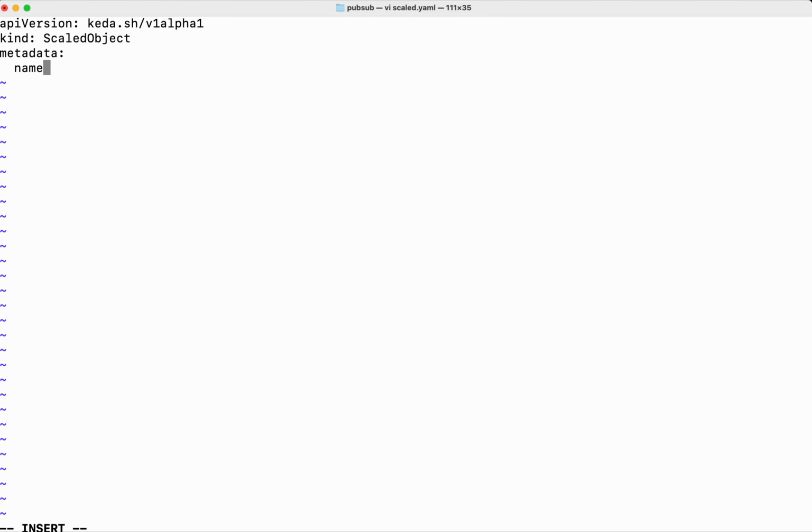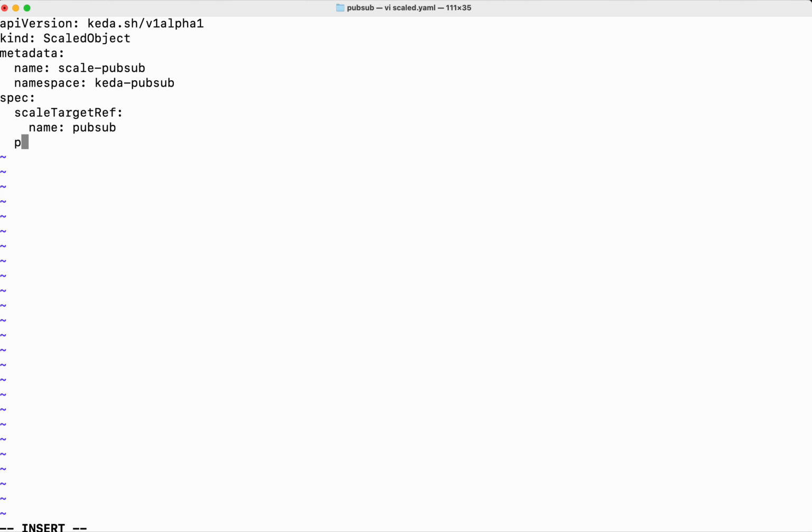First we need to give the name. I'm going to call it scale pub sub. Namespace is going to be KEDA pub sub. Then the spec. First we need to give the scale target ref,